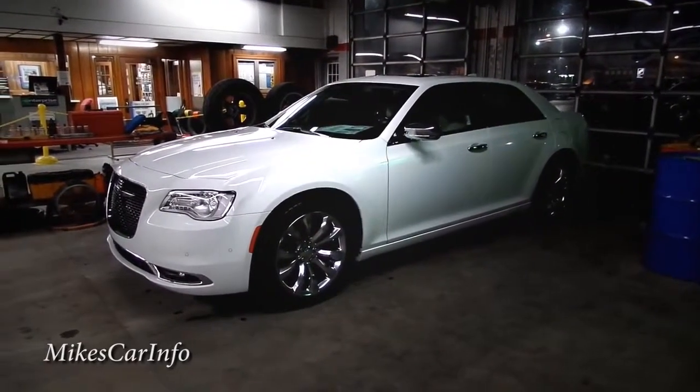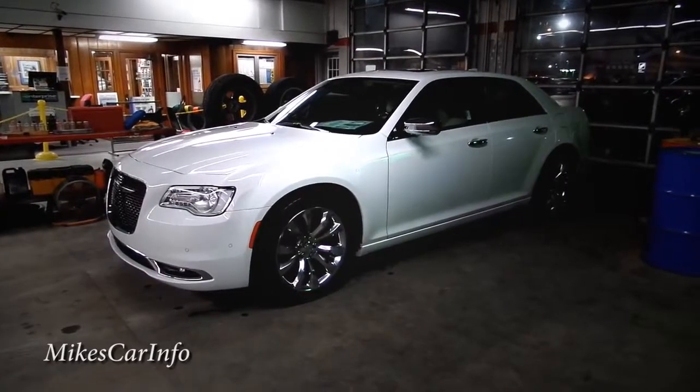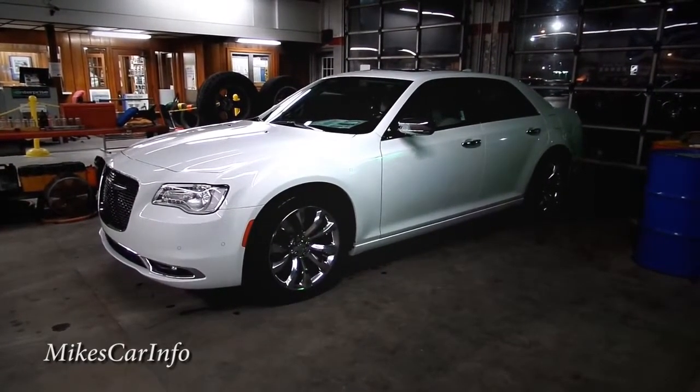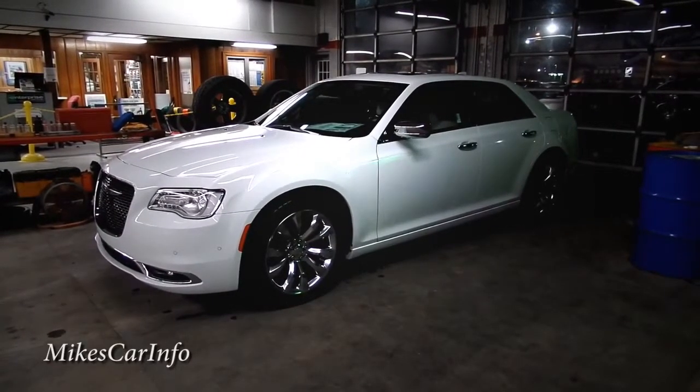But they cleaned it up, and they put it in here in the shop, and I was like, hey, this is a good opportunity to show you off this awesome car. So here I am in the shop. It's a little bit noisy. He's got some shop noises and stuff,